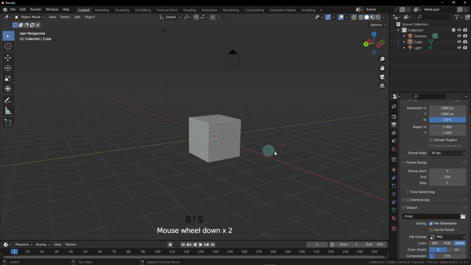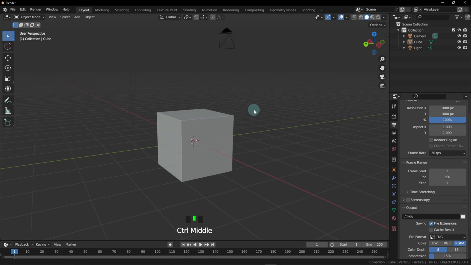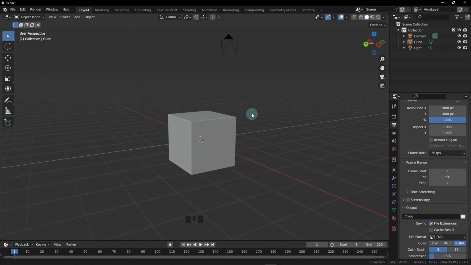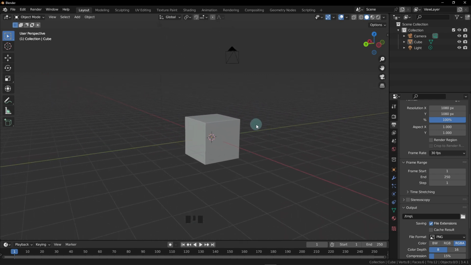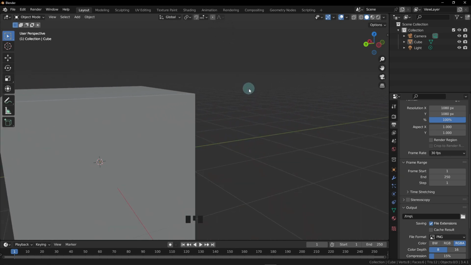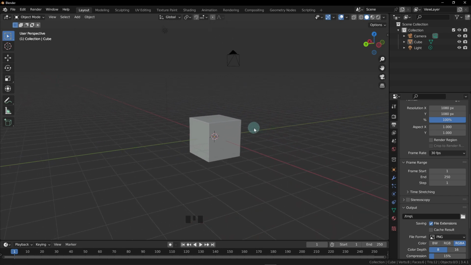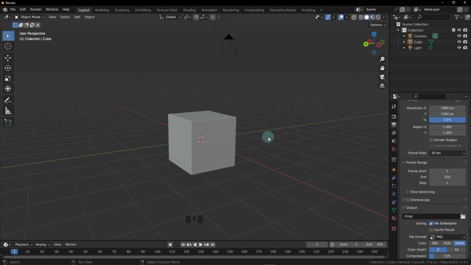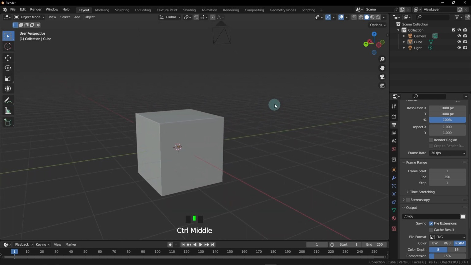And we can change that by holding down Control. So holding down our left Control button, it's just below your Shift key on the left side. If you hold that down and then click in your middle mouse button, now if you move this back and forth, you'll see it's much smoother. Now it's a totally different way to zoom in and out, but if you need to move a lot closer and you want to be a little bit more smooth with your movements, this would be the way to do it. So again, that's just holding down your left Control